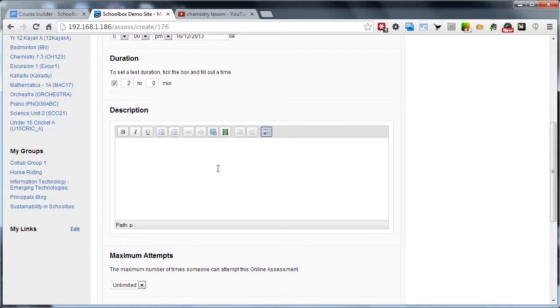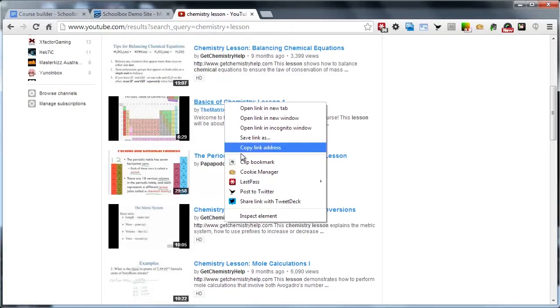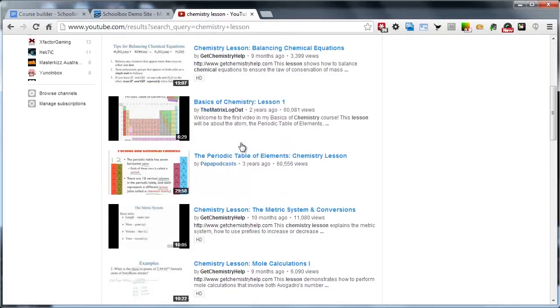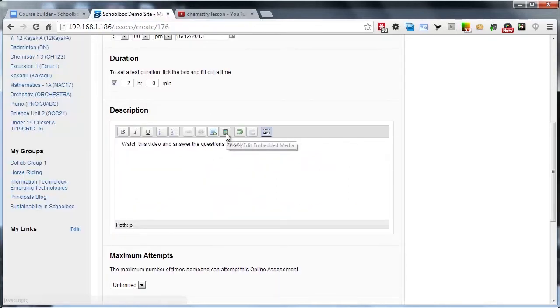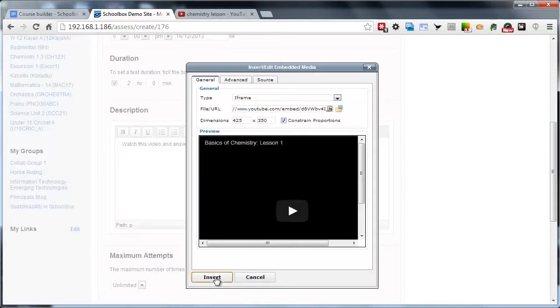So using these description fields and text boxes, we're able to embed images, multimedia, and text and markup. So you may say, watch this video and answer the questions below. And in this case, I've actually gone and grabbed a little chemistry video. I've just simply copied the URL from YouTube, and I'm going to click Embed Media